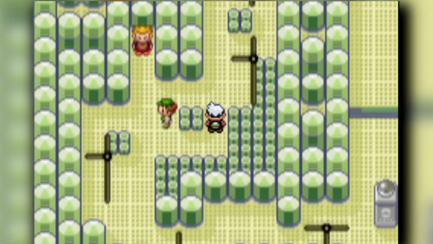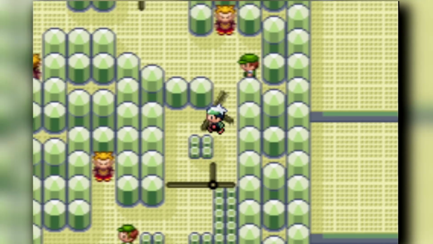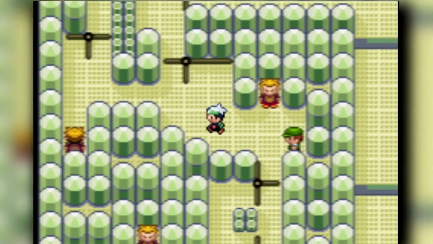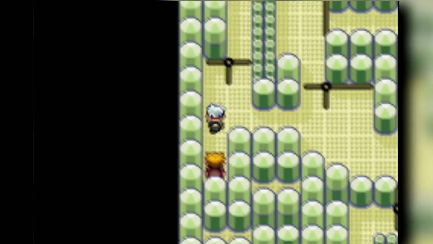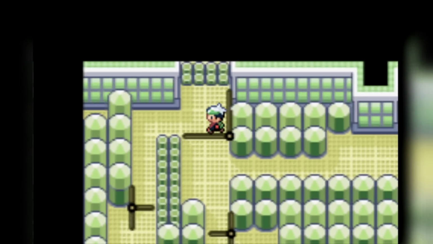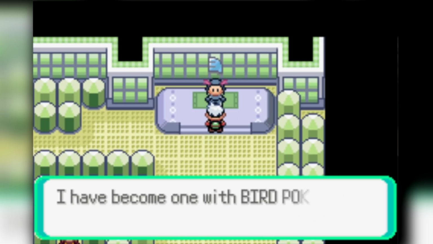Fortree City will be home of the Flying type gym, and there are some double battles in here which are pretty annoying, I'm not going to lie, but I'm able to get through them very easily. I'm able to also train up my Rayquaza to a decent level 33. I'm going to fight Winona, the Flying type gym leader, which is going to start off using a